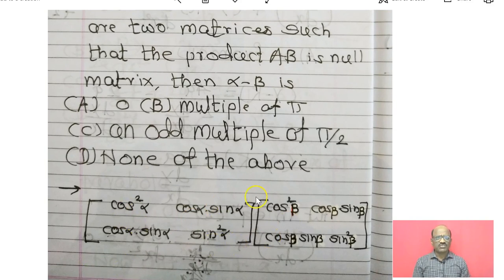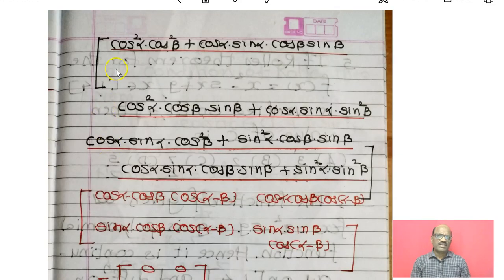Now the first row into the first column gives the first element, the first row into the second column gives the second element of the first row. Then we apply the second row to the first column of the second matrix, and that is the first element of the second row, and the last is the second row and the second column, that is the last element, A22. Now we'll see how the product forms. If you multiply it, you will get cos square alpha into cos square beta plus